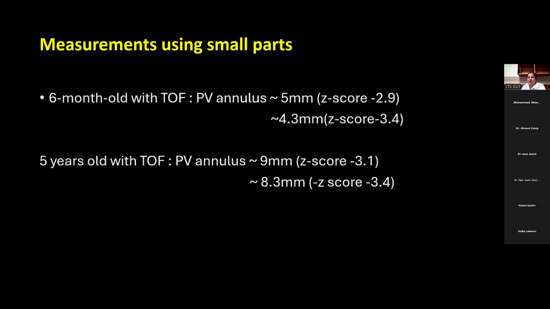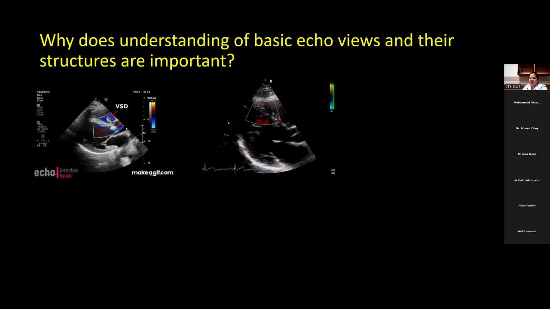Now this is also an important part. We usually, when we are in a hurry, just take the measurement from here, but in the machine we have the measurement of small parts as well. And if you look, when we take the measurement, sometimes if it is 4.3, it gives 5. And if we do the z scoring, it usually changes. So this is more important if the baby is small and the structure has a small size, and if you don't use the small parts, then you can get different z scores.